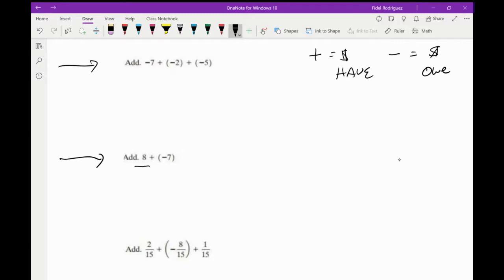So I want you to notice something here. I have $8 and I owe you $7. So if I have $8 but I owe you $7, and I run into you in the hallway and you say, hey, pay me, and I say, okay, and if I have 8 but I owe you 7, would you agree that I would still be left with 1? Right? That's how much money I'd still have in my pocket after I gave you the 7 that I owed you, right?